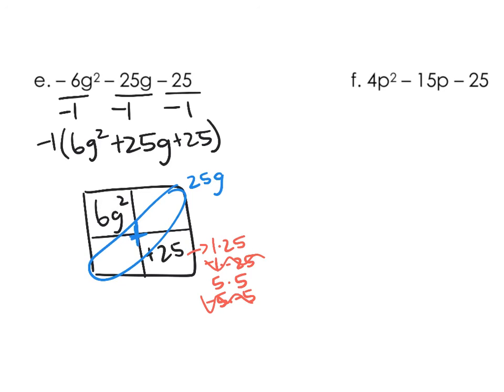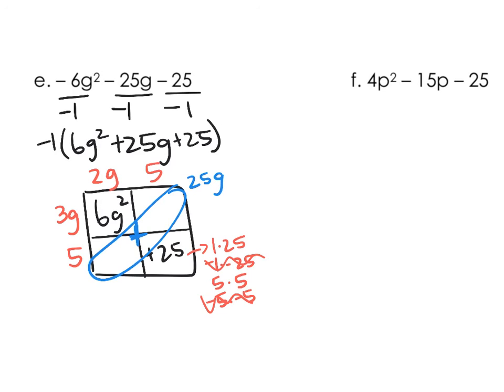Now, I have a 6g squared that I need to multiply to be. So we have two options. We could have a 1g times a 6g, or we could have a 2g times a 3g. You could try either option, but I'm going to start off with this. We could always switch if it does not work. So let's try the 5 and the 5, because 1 and 25 is a big number. Okay, so